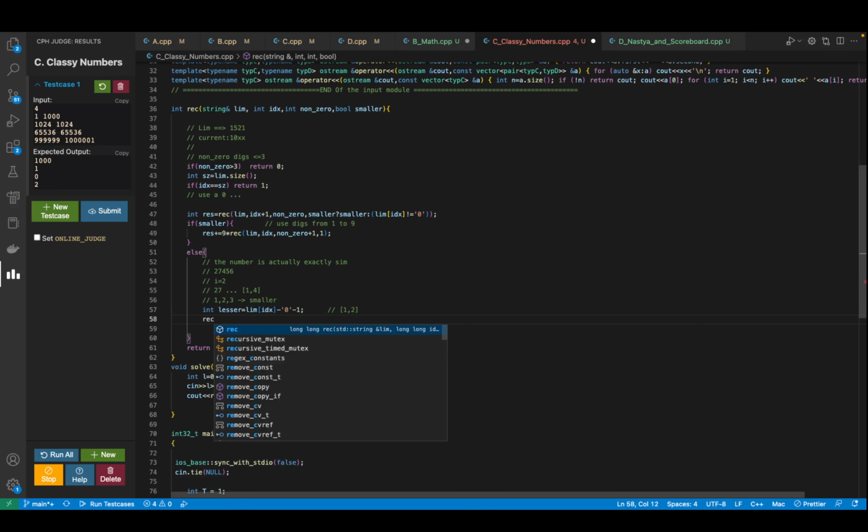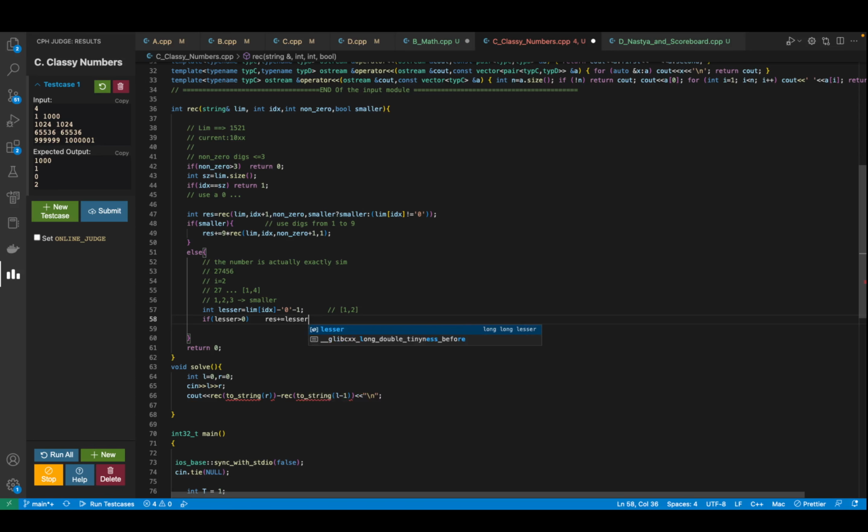So I'll say that recursion, okay, then result plus equal to lesser. And let's just use one more thing. If lesser is greater than 0, then only there's a point of doing it. Then the current number would be, so I can use any of these numbers now. Whatever numbers would be here in the lesser, I can use any of these numbers, and then the limit would remain same. That's obvious.